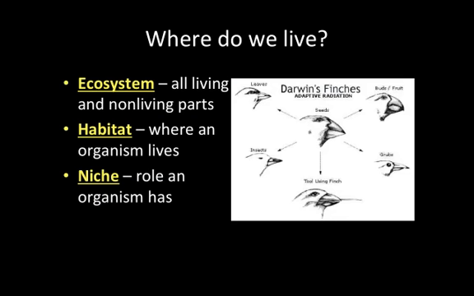So where do we live? Well, there's a lot of different words for that. We're going to describe each one in detail. The first one is an ecosystem, and that's all the living and non-living parts. So when I talk about an ecosystem, I'm including both the biotic factors and the abiotic factors that exist within an ecosystem. A habitat is simply the geographic location in which an organism lives, whether it lives in the United